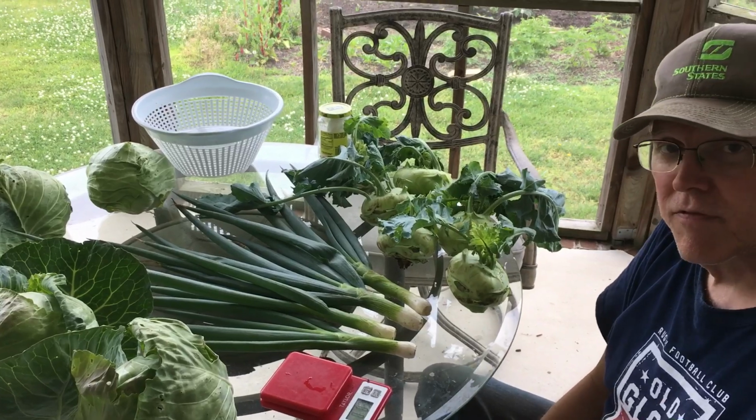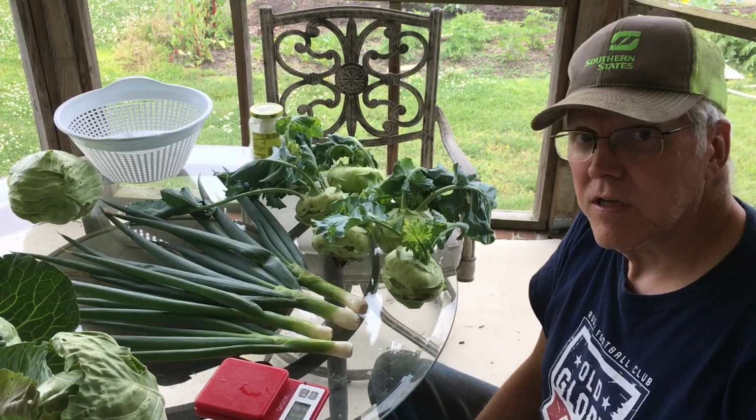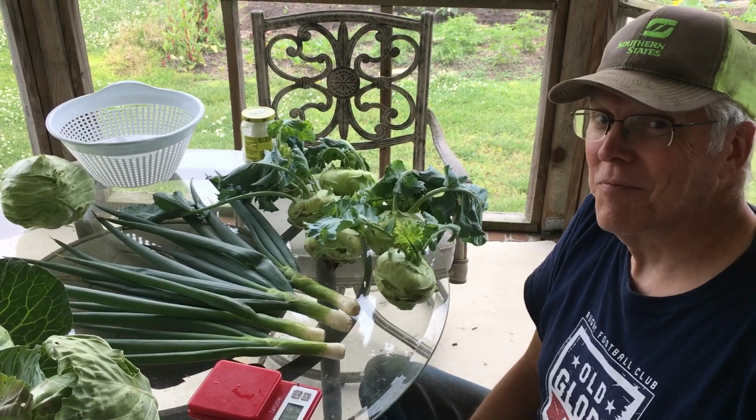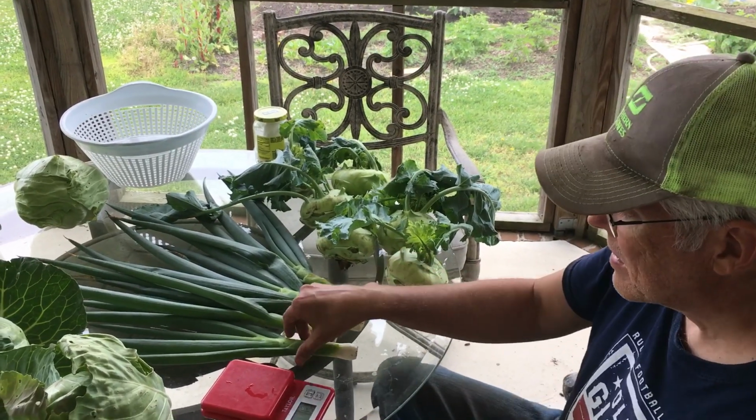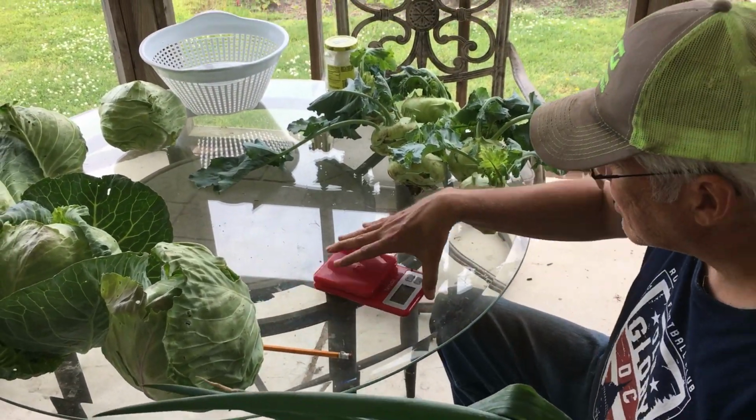I'm a big coleslaw fan. Other people, I've even heard of fried cabbage, which is apparently a dish out in Hawaii, which I'm willing to try any day. So now what we're going to do is turn this off so that I can